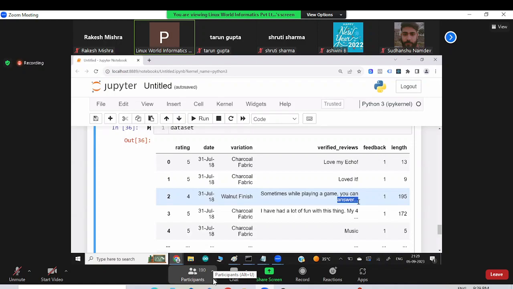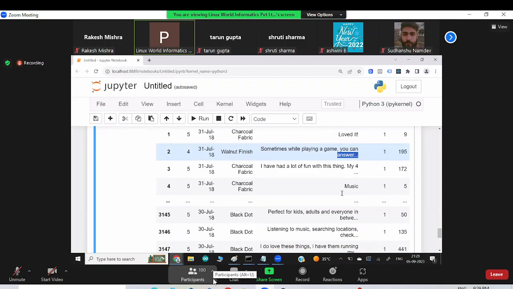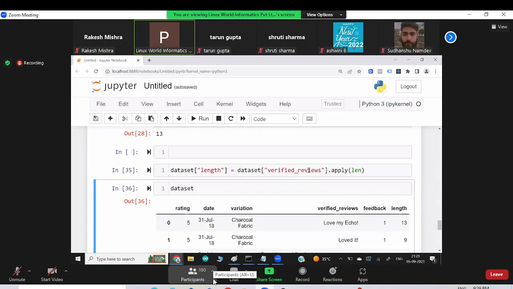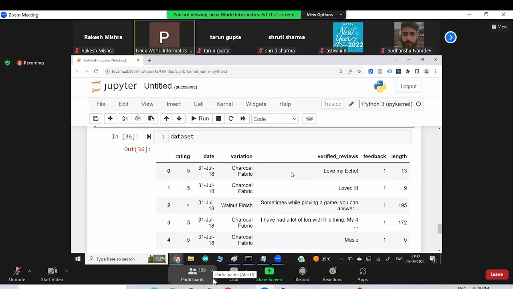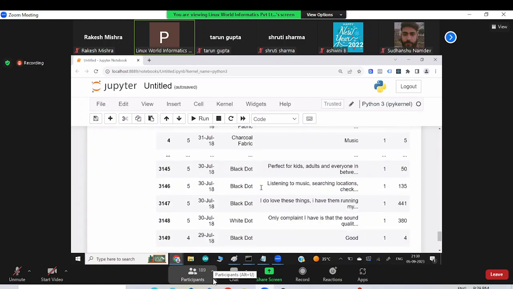Now, how to find the sentiment? We have already discussed this, guys, in my last class, yesterday's class, the first class. There are multiple ways, or multiple Python libraries available, to find the sentiment. One of the libraries that I want to use, which I used in my last class also, is TextBlob. So my plan is we have this data and I want to find the sentiment of this data.